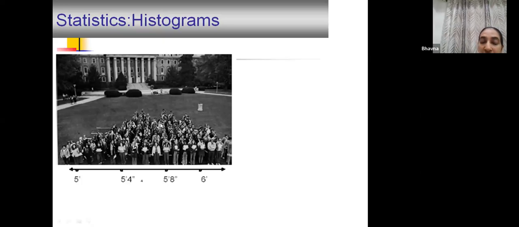Essentially, what are you making? You're drawing a histogram, okay? Why? Because this is continuous data. It starts from 5 feet to 6 feet. Decimalization or fractions are possible, right? But we usually use a normal measuring tape with 0.1 centimeter intervals. So this is how a histogram is made in real life.